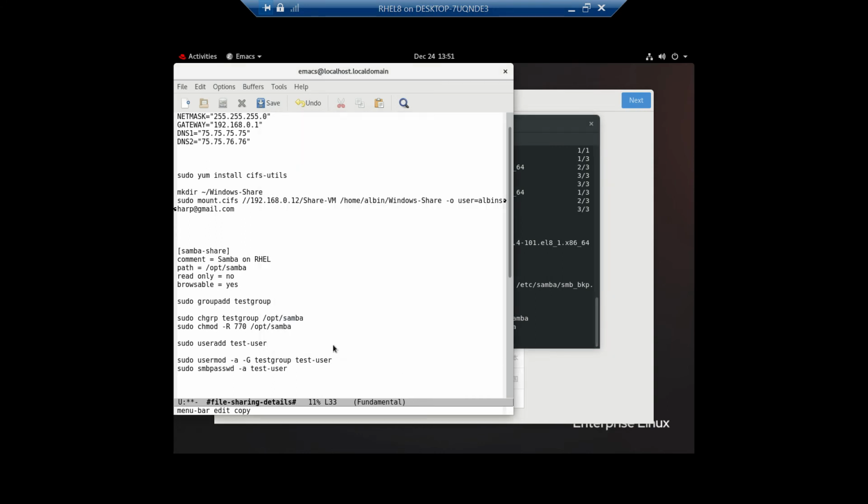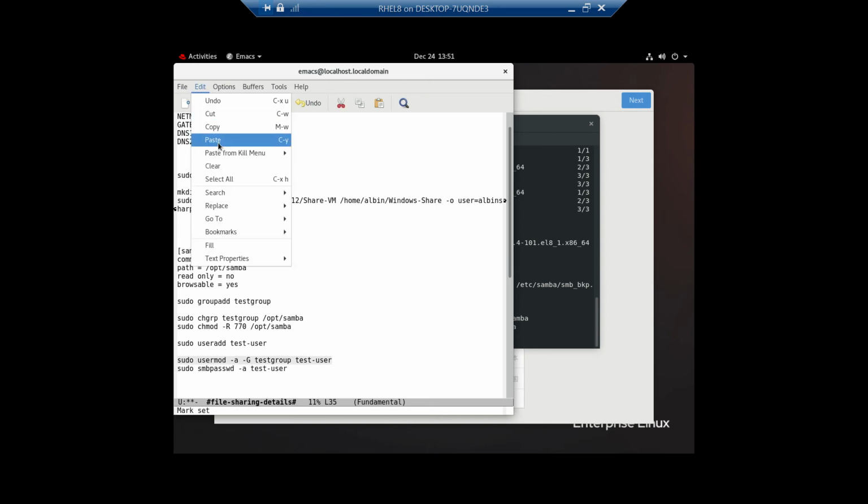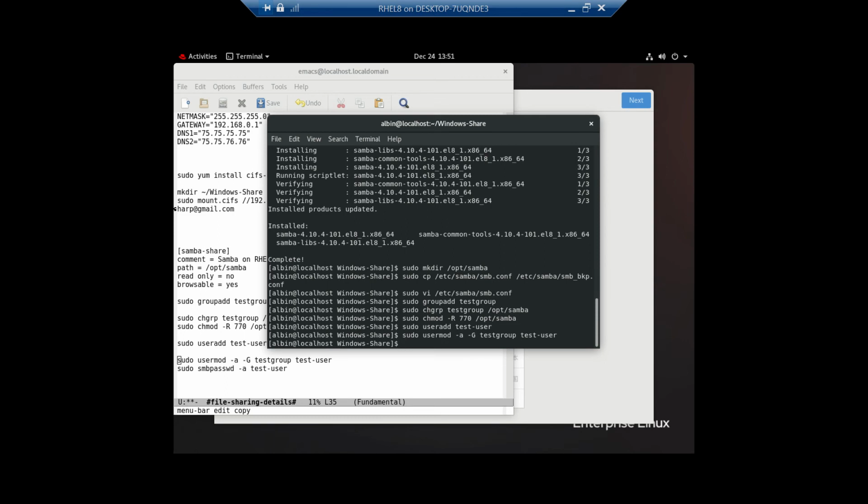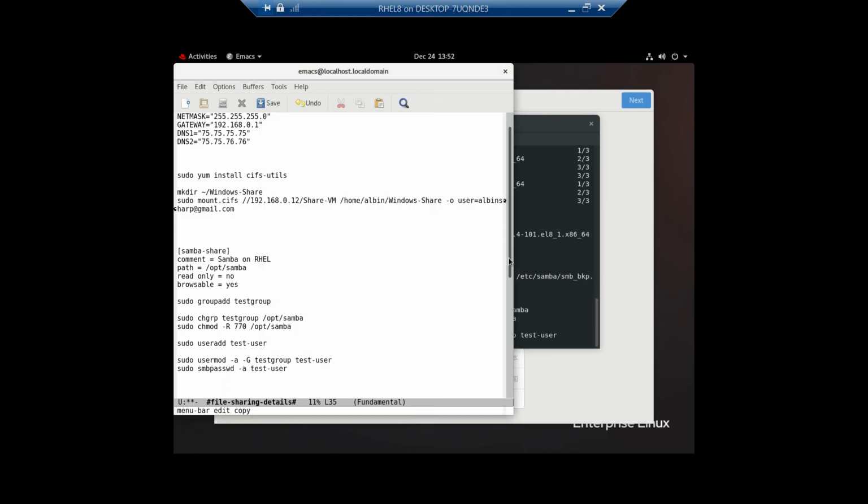Now we need to add this user to the group we created earlier. Let us do that. Okay, the user is added. Another step is we need to add this user to the Samba server.